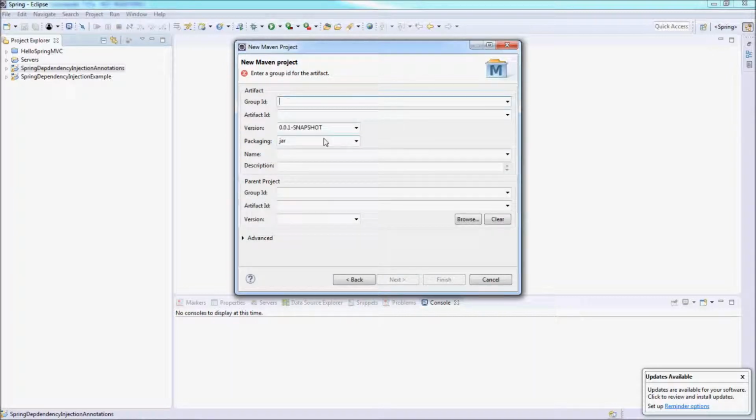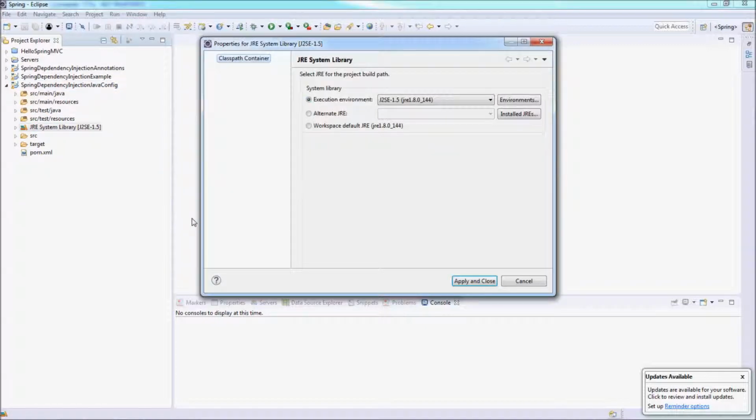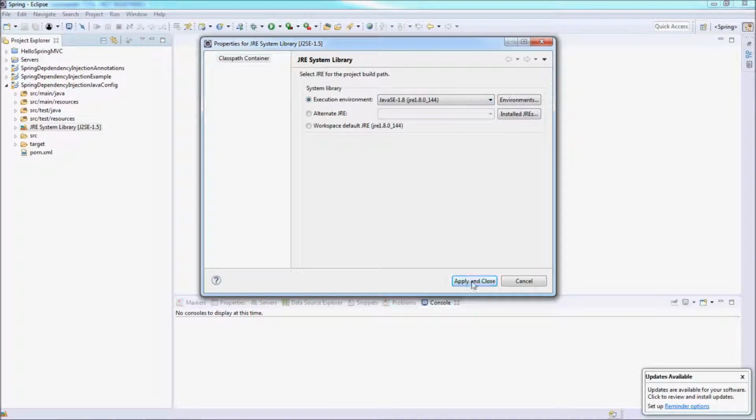Next. Group ID is net.codejava. Artifact ID is SpringDependencyInjectionJavaConfig. Finish. Change JRE to Java SE 1.8,